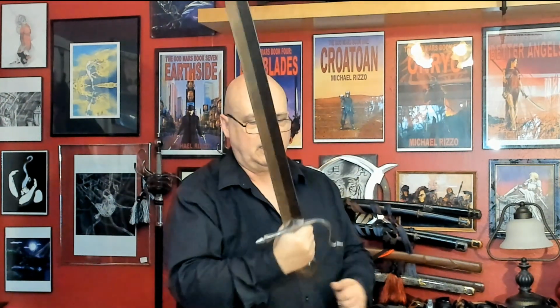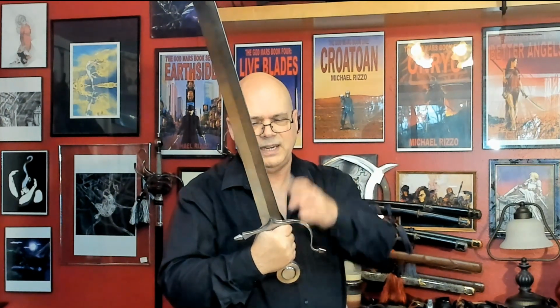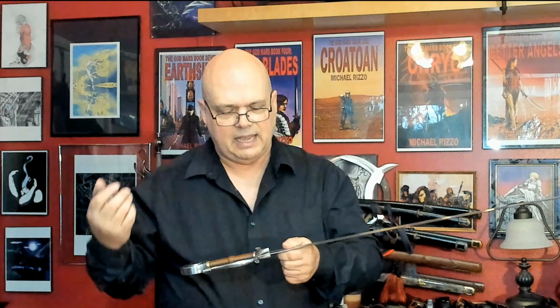I would feel, yes, absolutely confident stopping, parrying, displacing, beating, or bearing on an opponent's weapon. And I feel like I have just enough guard that I would feel confident in it stopping something sliding down the front or the back edge. Would I like more on the side? Yes, absolutely. But there's a give and take in terms of weight and carryability and other things, and you can